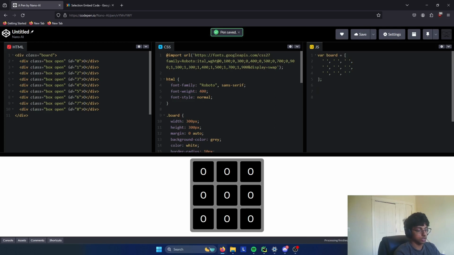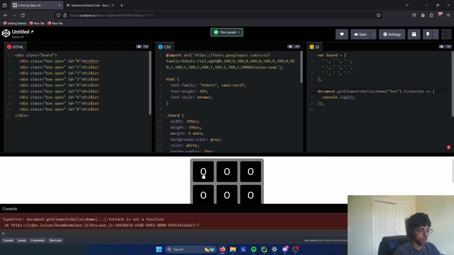Okay. Now what we need to do is we need to add an on click. So I'm going to do document.getElementsByClassName, and this is going to be in this case box. And actually, oh, sure, box. Why not? Dot forEach element, and we're going to console.log e just to show that in this case, if I did that,